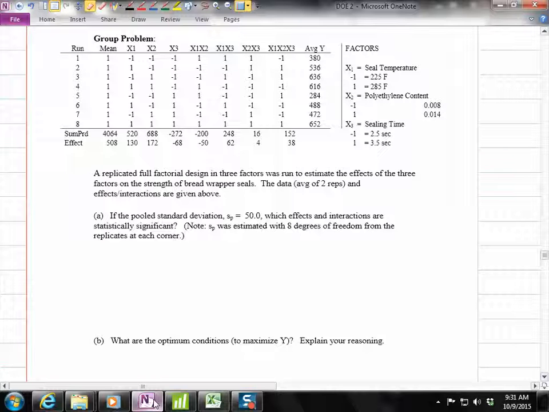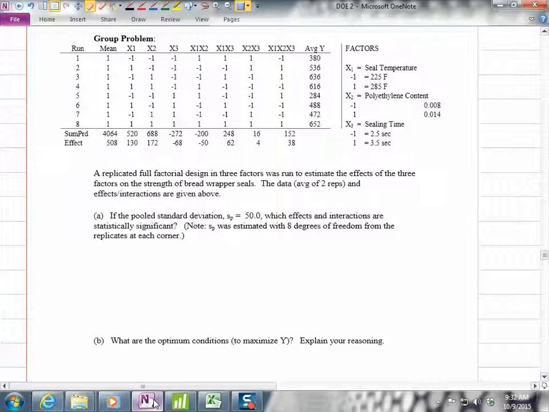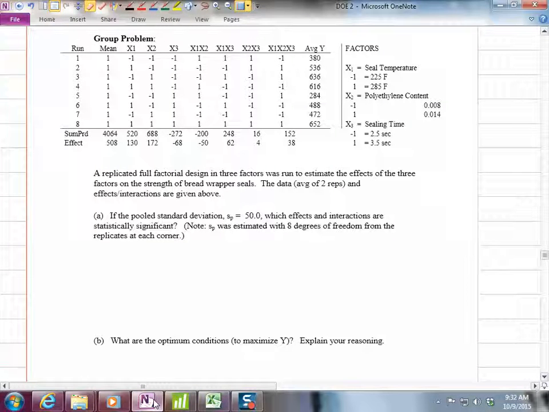We're going to have 1 to calculate the average. That's how you go from 2 replicates